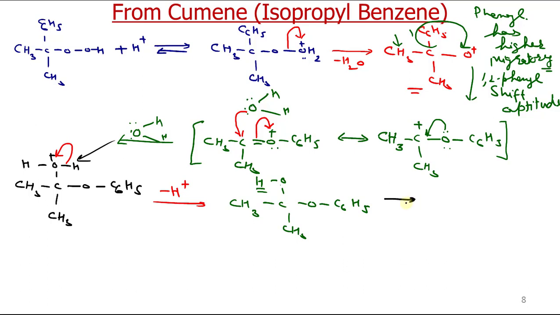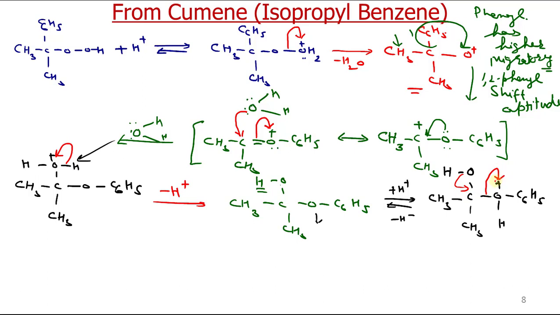Now in the next step we add plus H positive, and this proton addition is always a reversible process. So proton adds here. This is to show this migration in 2 steps. OH, CH3, OH positive, C6H5. Now all of you can easily guess the next step. This proton will leave from here, because we have added proton, we have to remove proton, and this bond will break. So we will get acetone plus phenol, minus H positive.